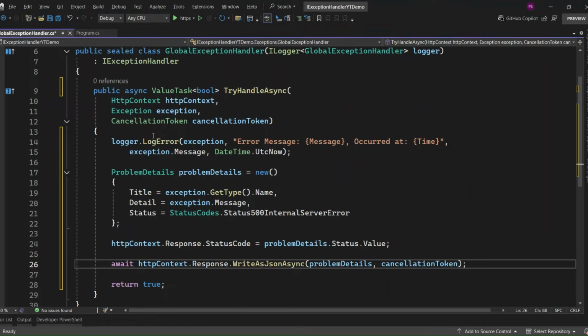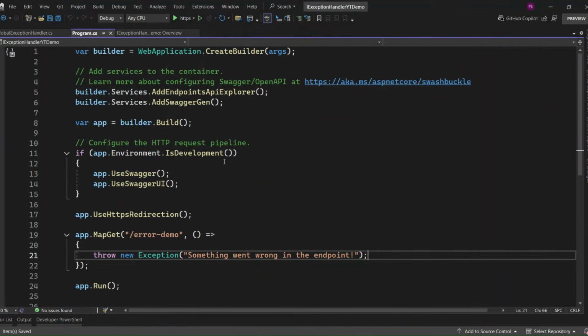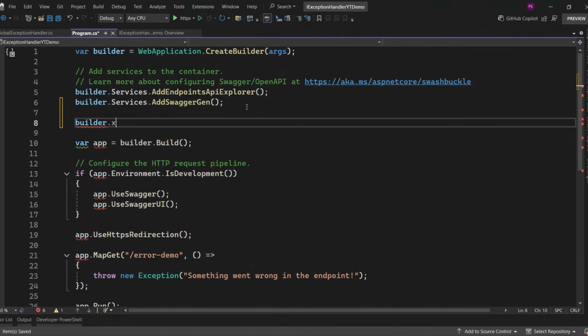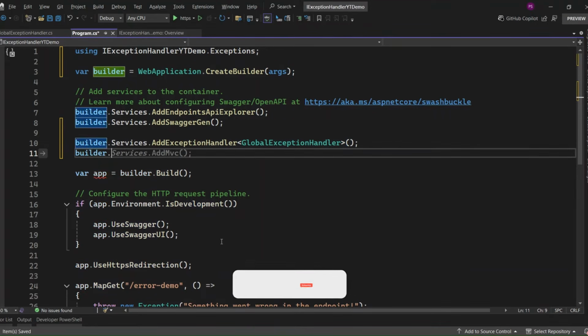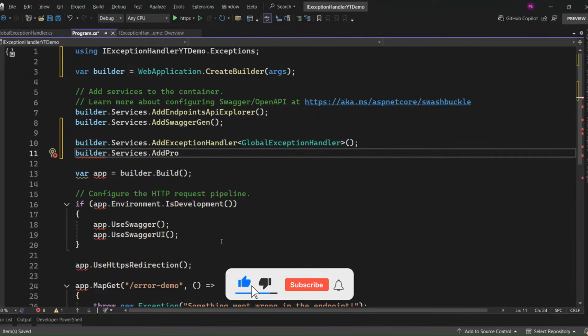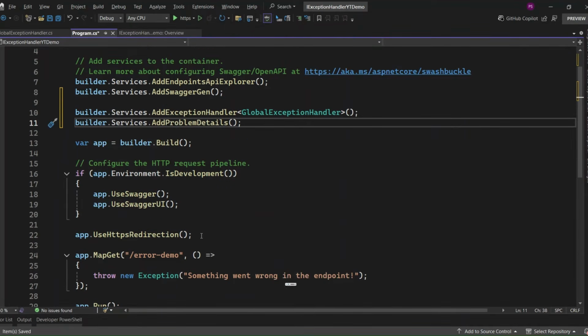Now that we've written the handler class, let's register it in the services container and plug it into the request pipeline. I'm going to Program.cs and adding the necessary registrations to wire up our GlobalExceptionHandler. First, I'm going to add builder.Services.AddExceptionHandler and specify our GlobalExceptionHandler class. This registers our exception handler with dependency injection. Next, I'll add AddProblemDetails. By calling AddProblemDetails, we're configuring the application to use the ProblemDetails format for failed requests. Finally, I'm calling